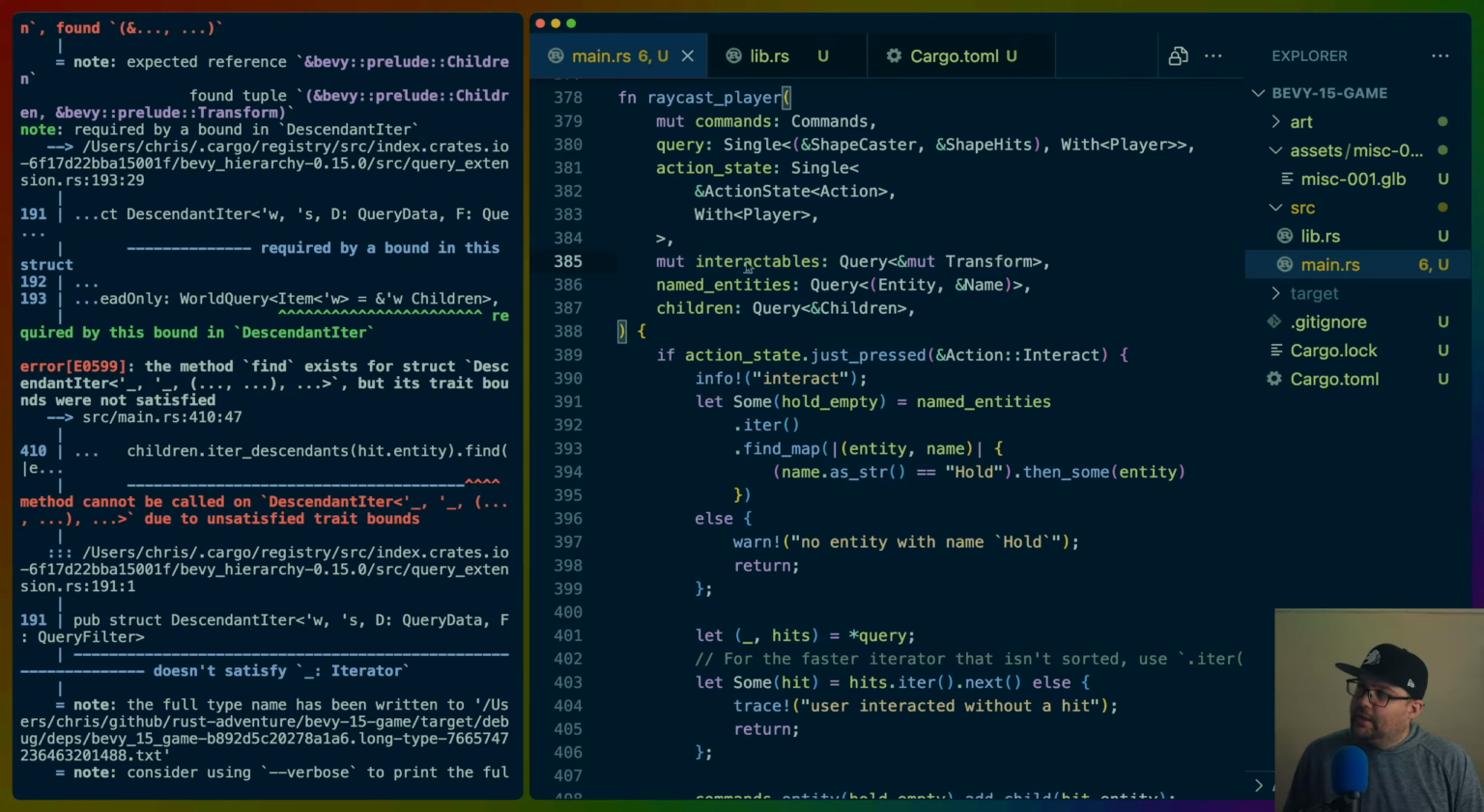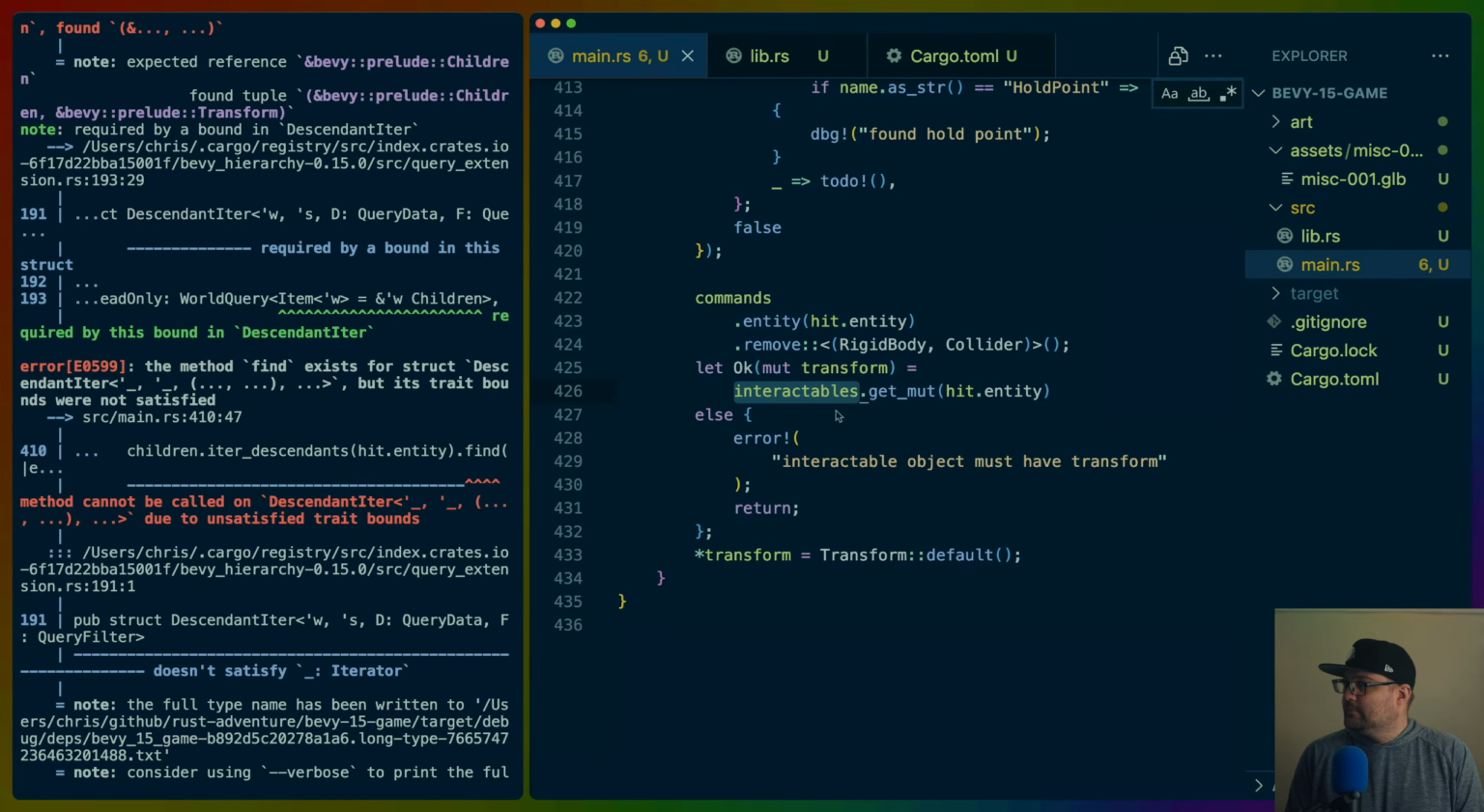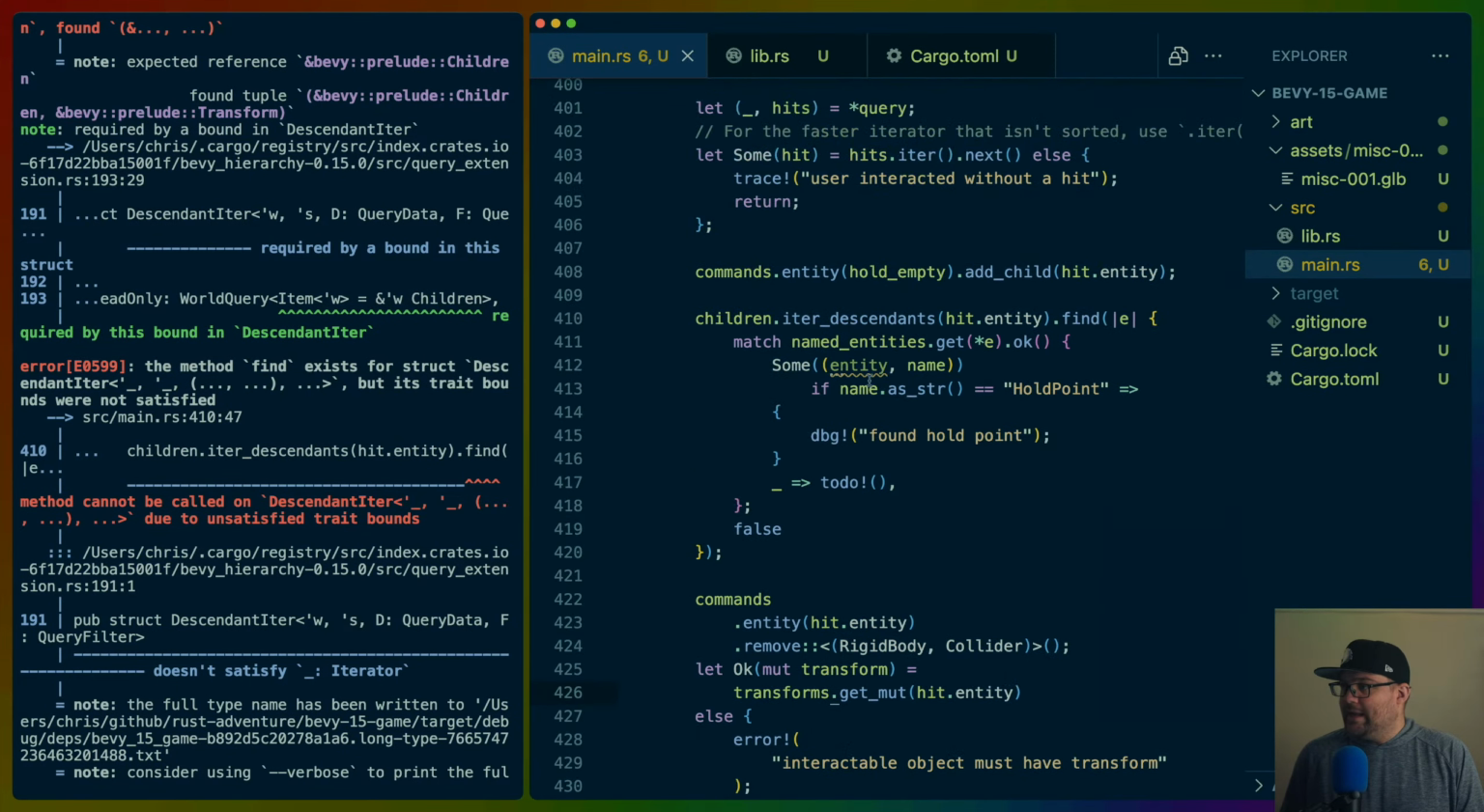This is interesting. This is not interactables currently. This is just transforms. Which means that if we have another query for shared references to transforms, I think we have an issue. We could just use interactables, but if we're going to use it in both places, I want to rename it. So we'll rename that to transforms. This then,